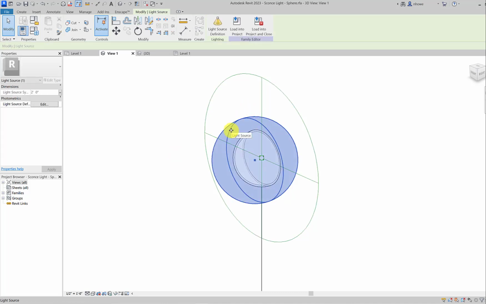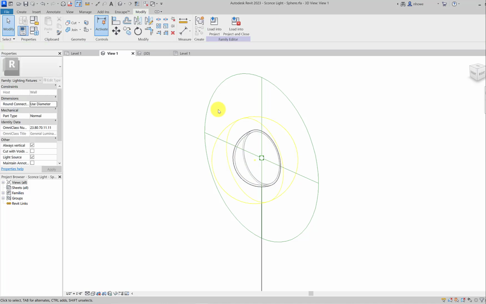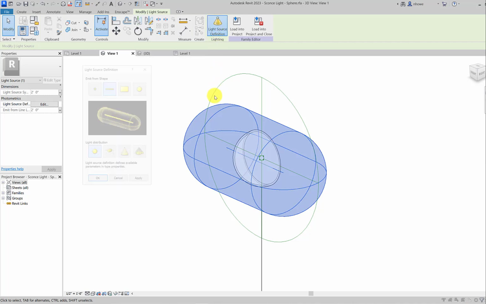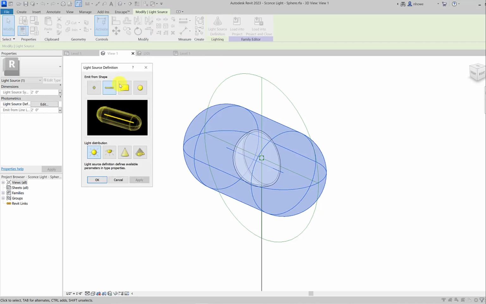It's got this light source. What the heck is that? It's yellow. It looks interesting. I can turn it off so I don't see it over here, if it's just modeling, getting in the way. Whoa, it just changed shape. What the heck happened there? I'm going to go ahead and select it, go to this light source definition, and find out why. I'm not sure what just happened, but